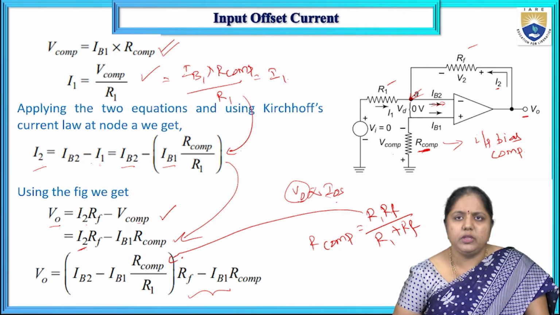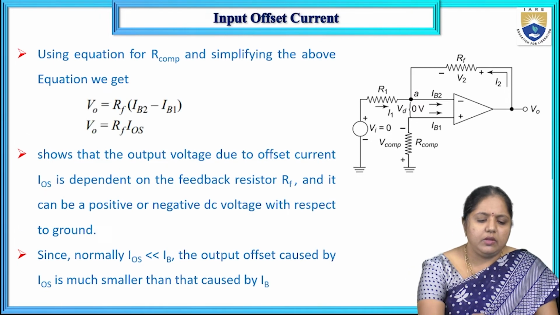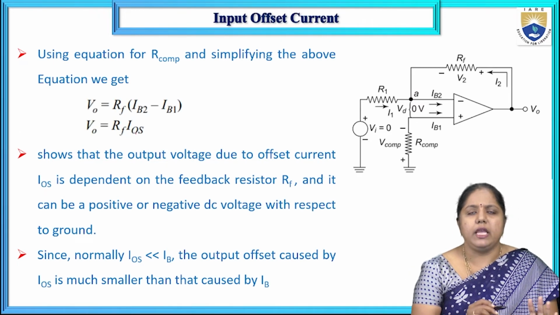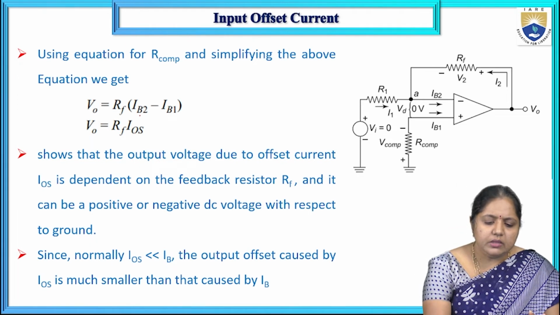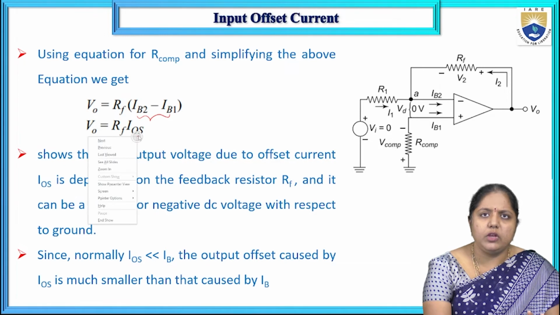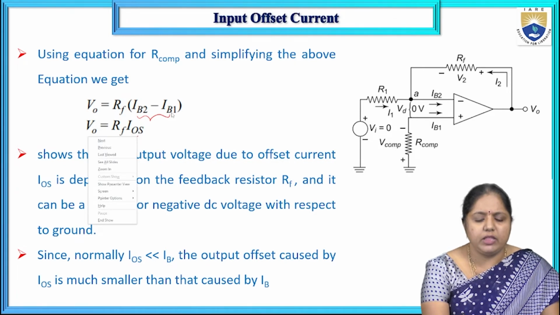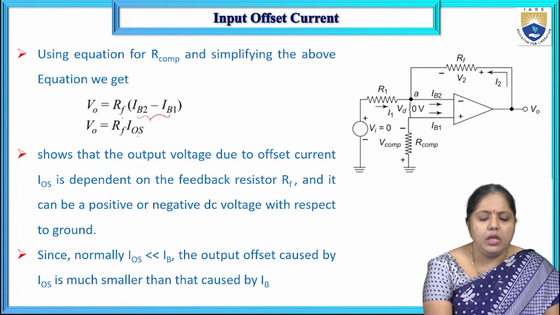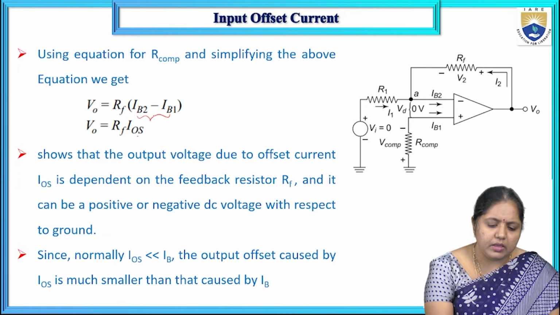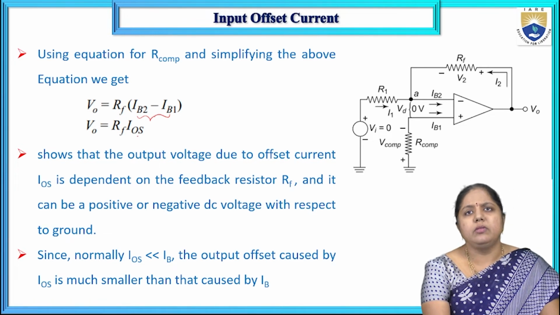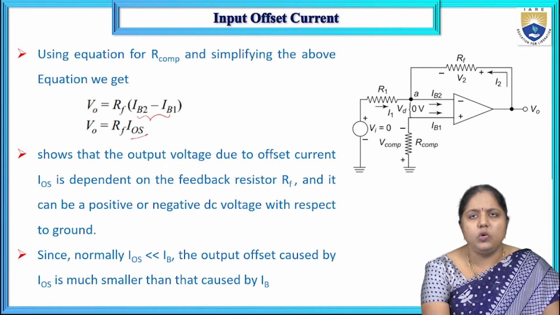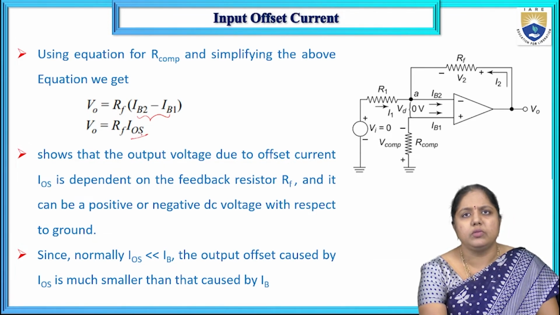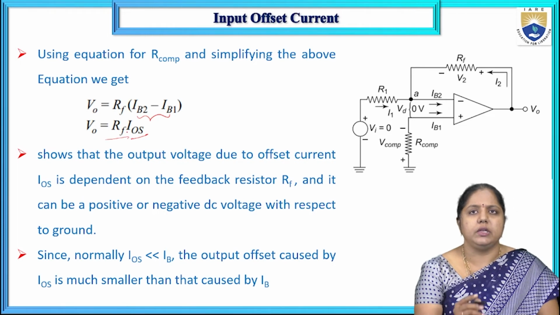Then if I substitute this equation, I can get V naught equal to RF into IOS. How did you get this IOS here? After simplification of the previous equation, I am getting V naught equal to RF into IB2 minus IB1, where IB2 minus IB1 is nothing but the algebraic difference between the bias currents, which is IOS. In the previous expression we have seen it, right? So from this expression,